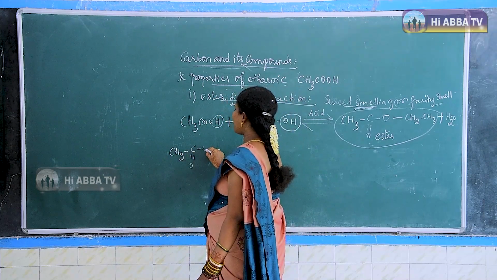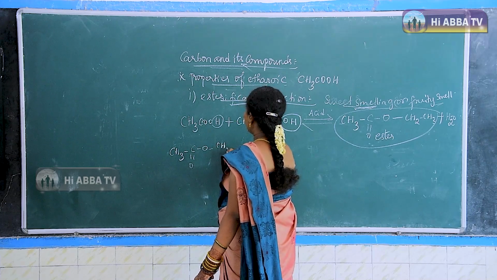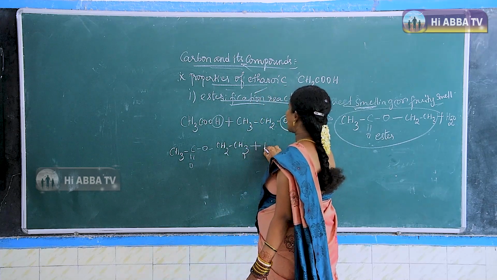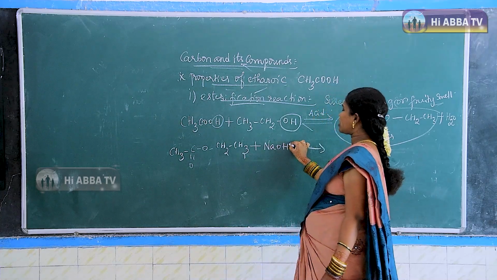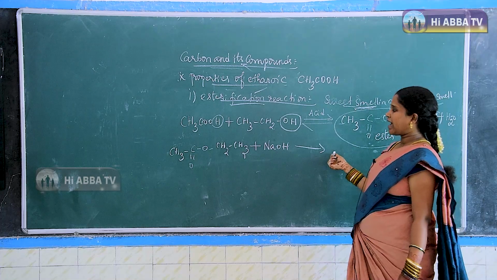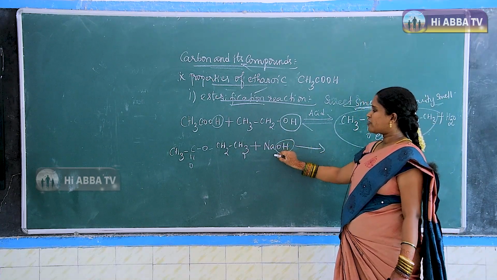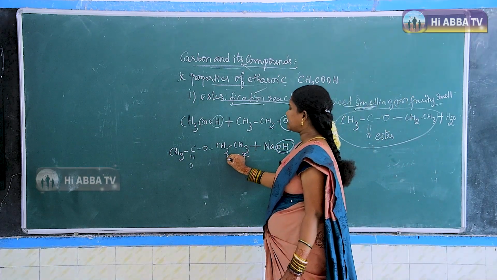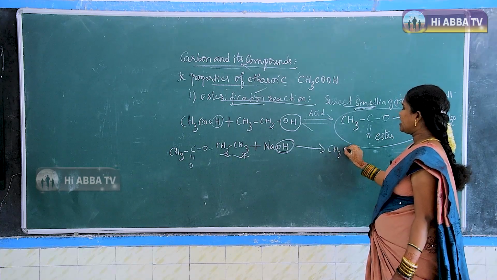CH3, C double bond O, CH2 and CH3. When it has been reacted with the base, here the base I will take is sodium hydroxide. It gives back alcohol. So how is the alcohol being formed? From the sodium hydroxide I will take OH and I will take this. So I can write as CH3